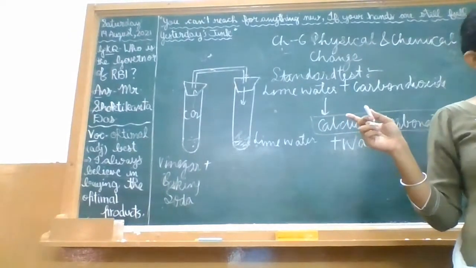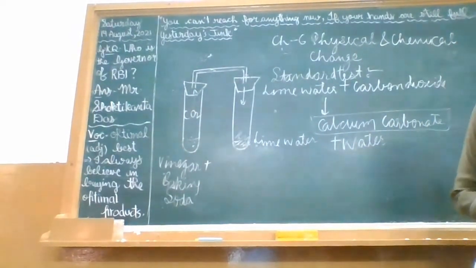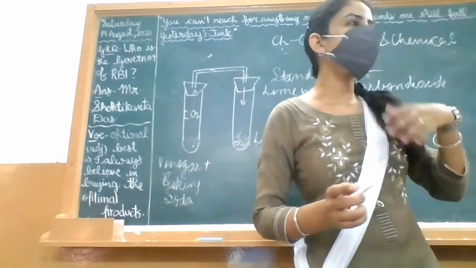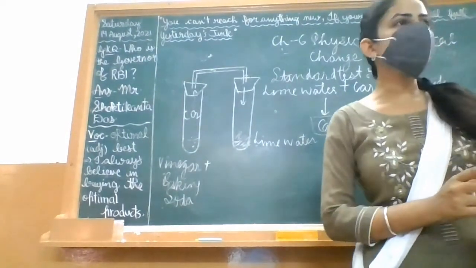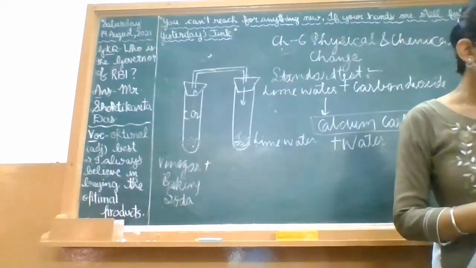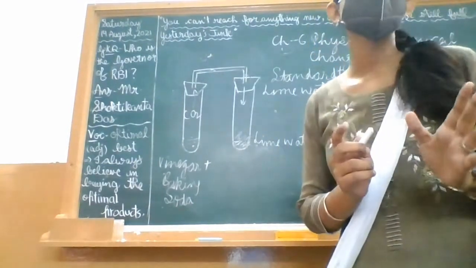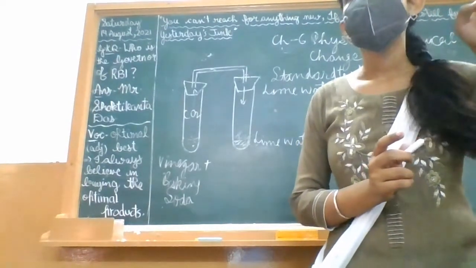Okay, calcium carbonate and water are released. And now we all know that when we breathe out, we produce carbon dioxide gas. Okay, and in the activities from 6.6 to 6.8, what do we conclude from the activities